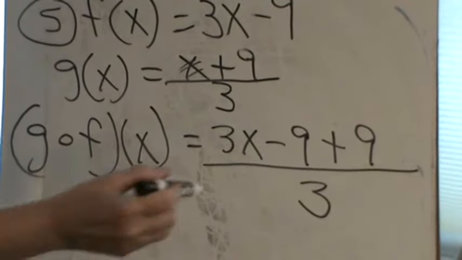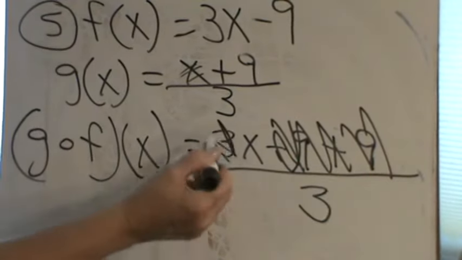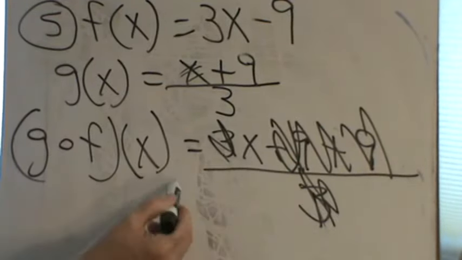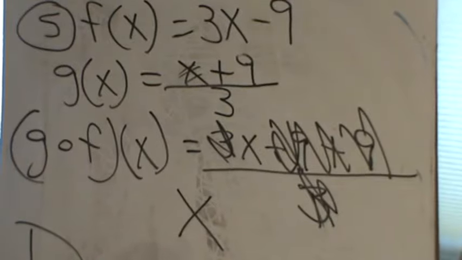The negative 9 and the positive 9 cancel. This 3, which is multiplication, this 3, which is division, cancels, and you get x again. Domain, negative infinity to infinity. I only took a look at that one because I thought you might want to, or you might get a little bit afraid of that fraction, but it turns out the fraction